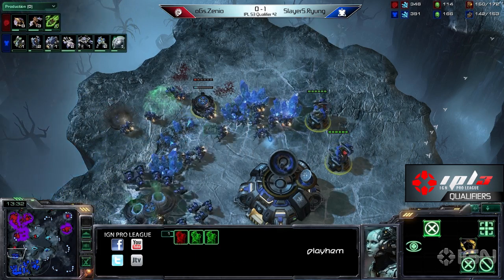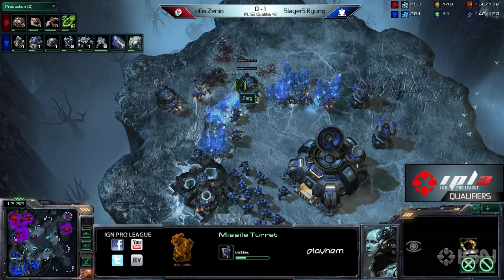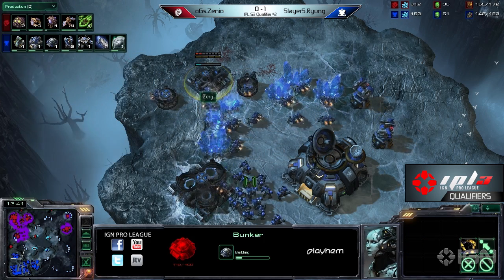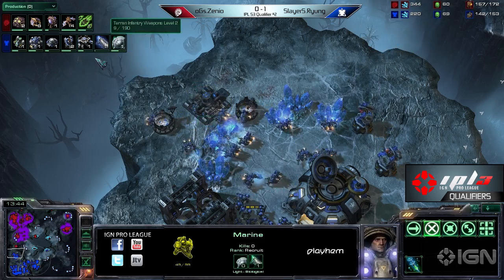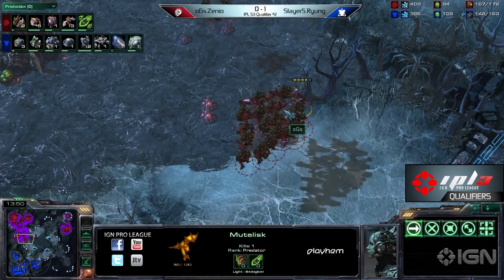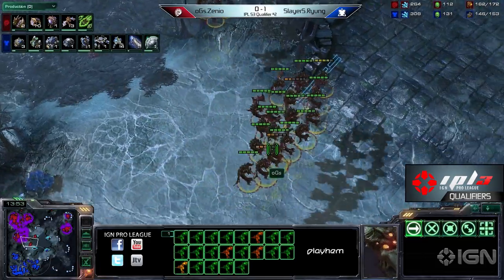Took out 2 or 3 SCVs and a couple of turrets at the same time, causing damage. I like the bunker there. I really like that. Because those Marines, which are going to very shortly be on +2 weapons, are going to be really effective against a group of mutas that decides to run out. So, anyway, the point is that